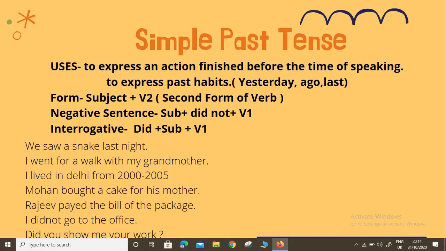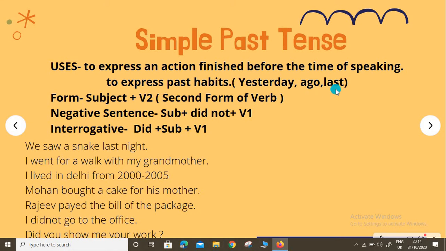It refers to a regular action in the past, or expresses an event which occurred at a particular point of time in the past, or an action with words showing the past, as for example yesterday,